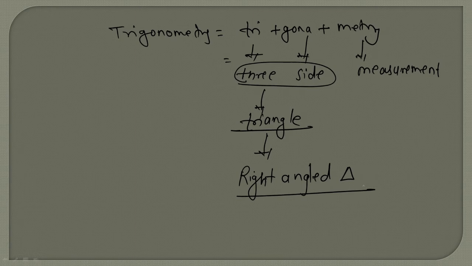So, kids, you have to take care. You have to understand what a right angle triangle is. I'm going to teach the terms related to the right angle triangle. So this is a right angle triangle. In a right angle triangle, one angle is 90 degrees. Let's name it A, B, C. Angle B is 90 degrees. If one angle is 90 degrees, then we call this triangle a right angle triangle.